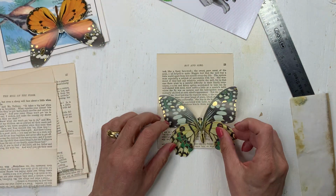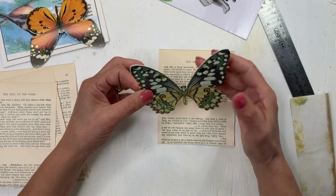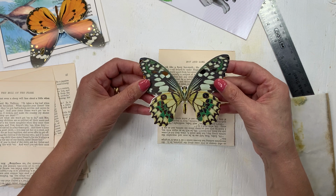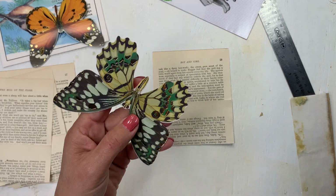So I am not going to use the botanicals. She used her printables and then she backed it with cardstock. I'm going to use these butterflies. I am absolutely determined to use these butterflies that I bought